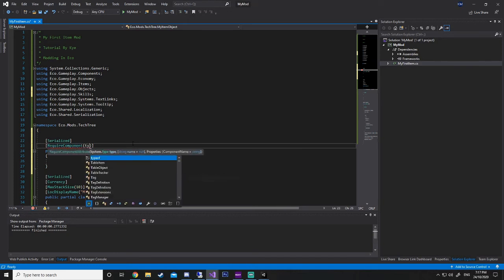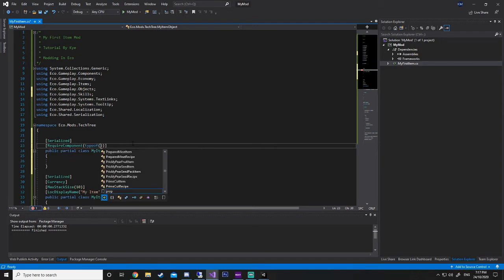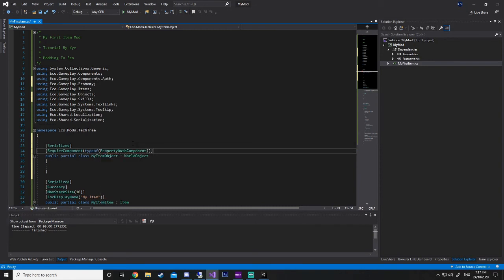So we're going to add a type of, we're going to go a property. Well, I should probably spell this properly. AuthComponent, which requires the Gameplay.Components.Auth.